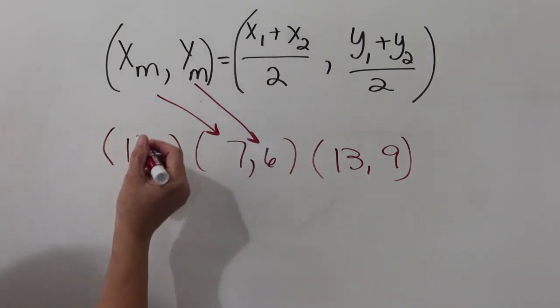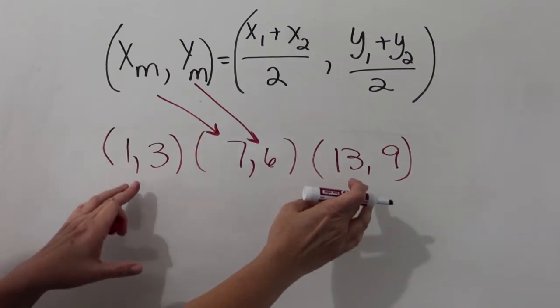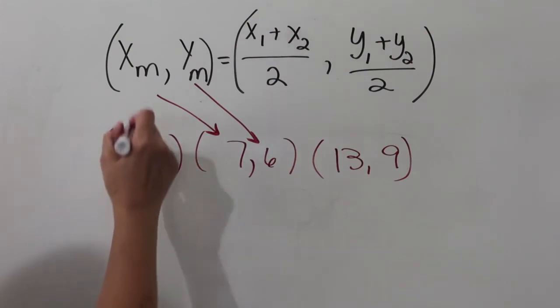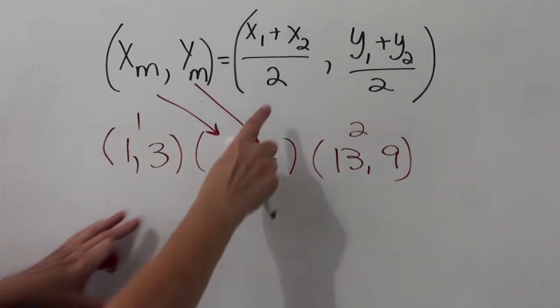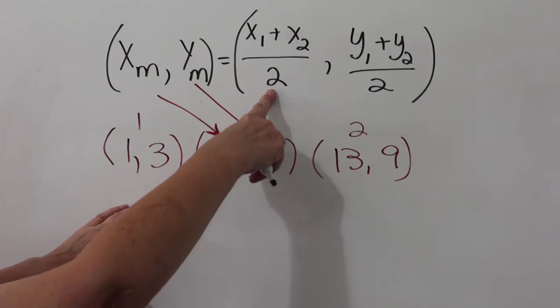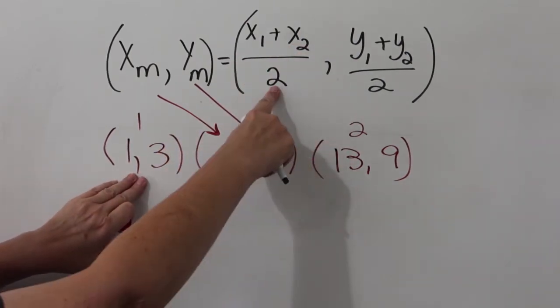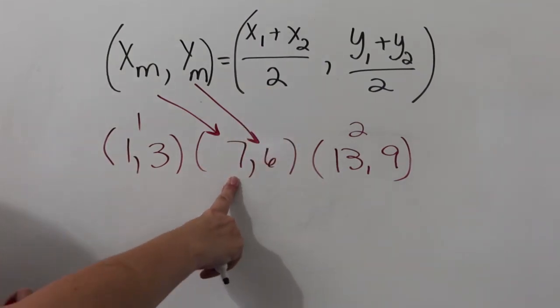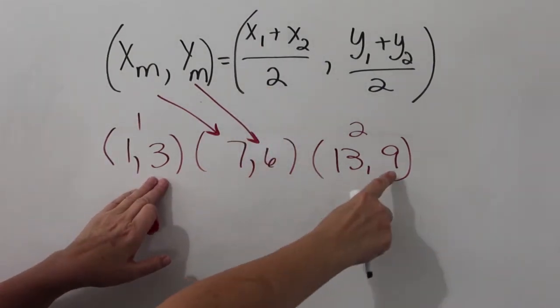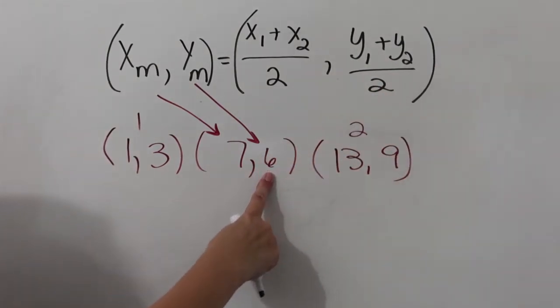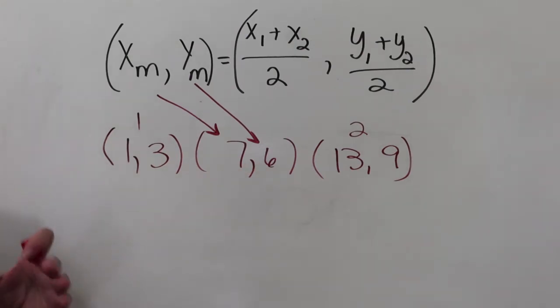This is pair number 1 and this is pair number 2, and it doesn't matter whether you put 1, 2 or 2, 1. You just have to be consistent. So I just usually go 1 and 2. So what they did in the formula is x1 plus x2. So they add the 2 x's together, divide by 2, and that gets you the x in your midpoint. You add your 2 y's together, divide by 2, and that gets you the y in your midpoint. So that's where the formula comes from. This one formula helps you find